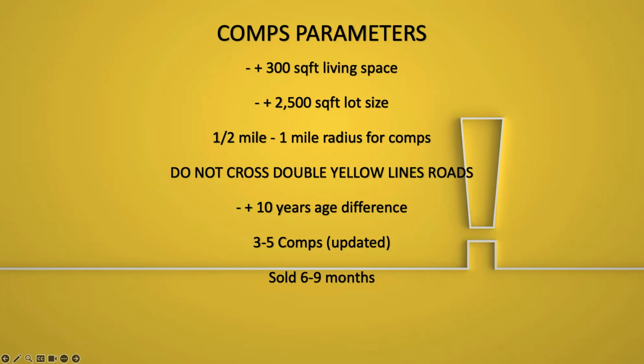Next is going to be the radius. Some people recommend radius, some don't, and I like to recommend it. The reason is that the closer you are to your subject property, the more accurate and precise a number you're going to have, or at least a close number. The further out you go, the more you have to make price adjustments, because you're going further from the neighborhood and the area. Just crossing a major highway could be the difference to a whole different grade level of neighborhood. So I always like to stick within the same neighborhood, no matter what the other restrictions are. Again, you can make exceptions, but as soon as you start making exceptions, you have to make some price adjustments.